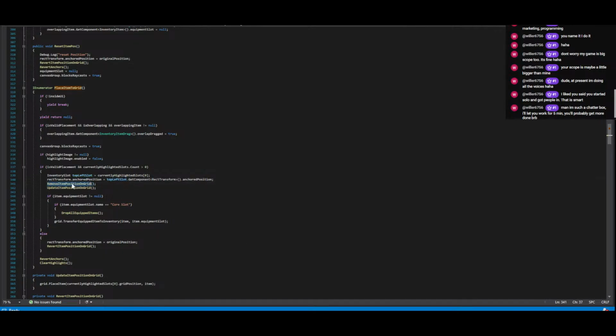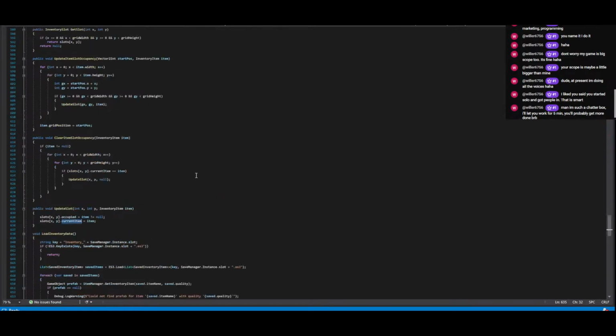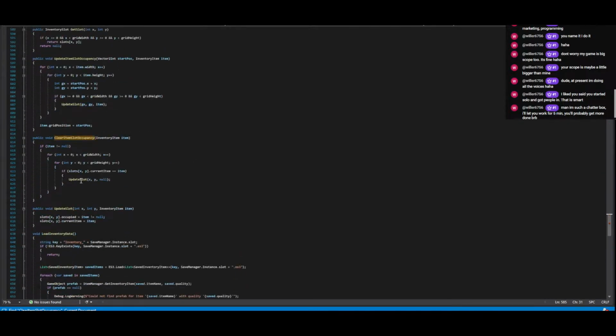So this is the system. Clear system occupancy. So it updates the slot here. Okay. So we need to make something like this,